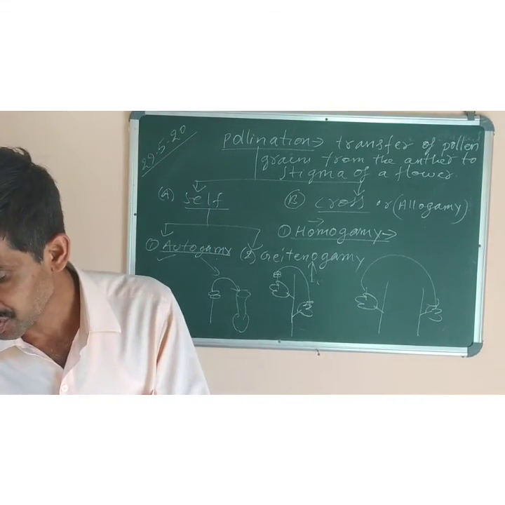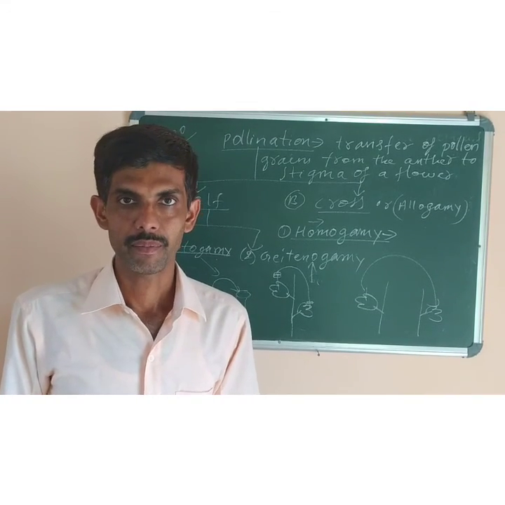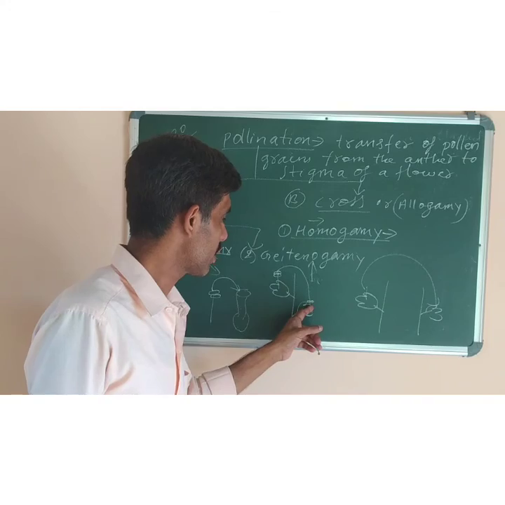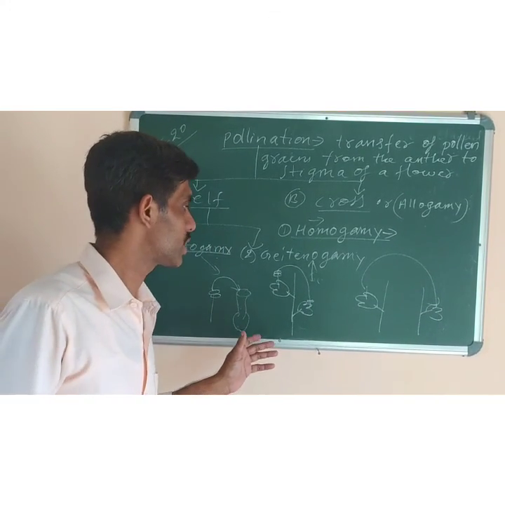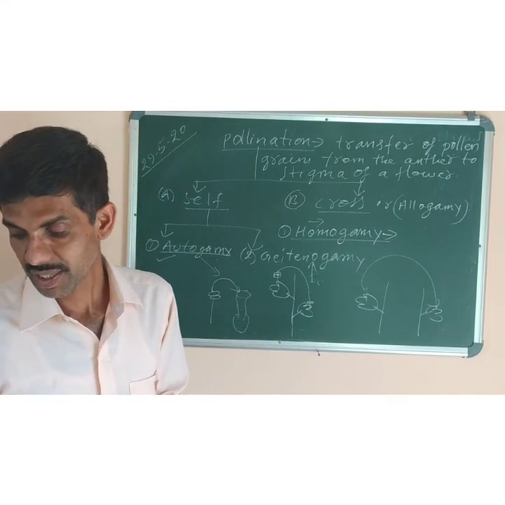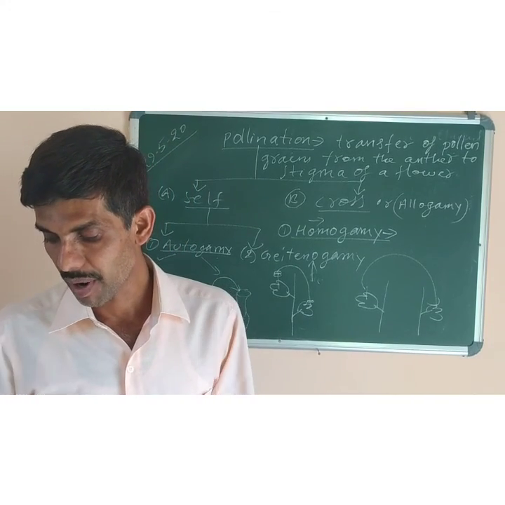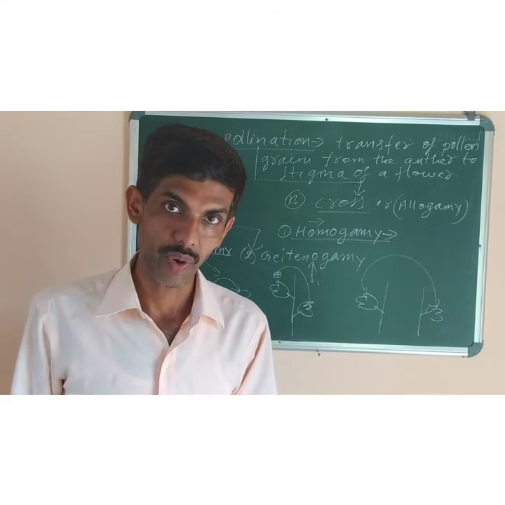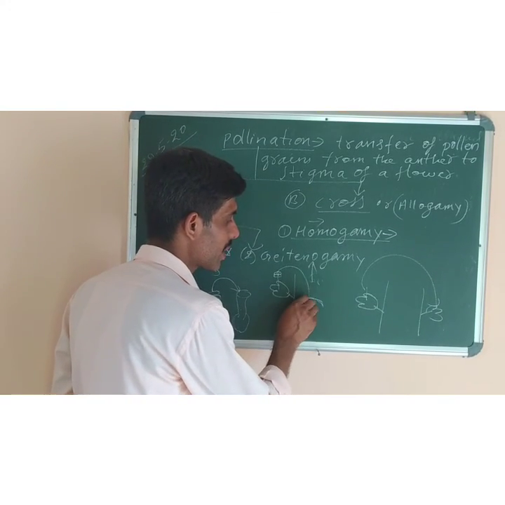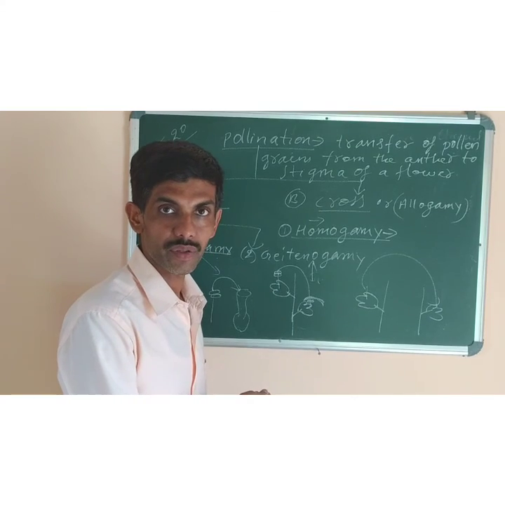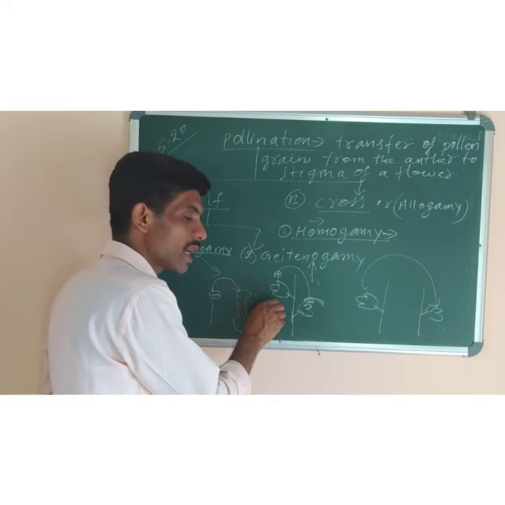So homogamy is the condition when anthers and stigma of a flower mature at the same time. Like anther is also matured, stigma is also matured. Both of them mature at the same time. That condition is called homogamy. The second one is cleistogamy. In cleistogamy, the flowers are bound to be pollinated by their own pollens. Why? Cleistogamy means covering. So around the stigma of the flowers there is some covering to prevent cross-pollination. So the only chance which is left for